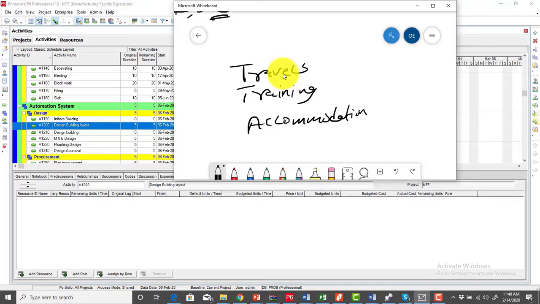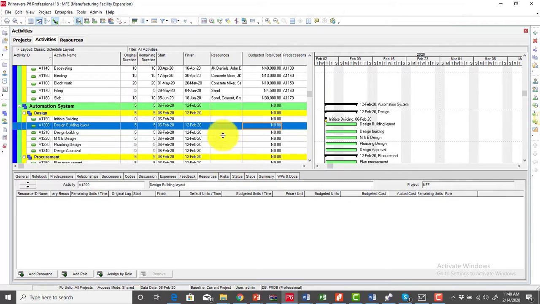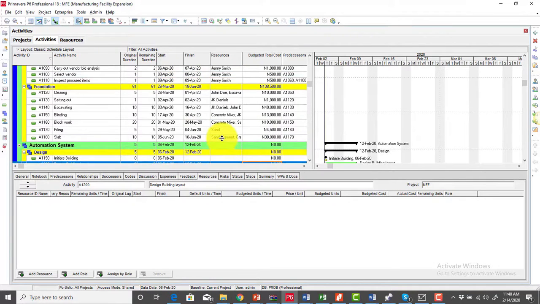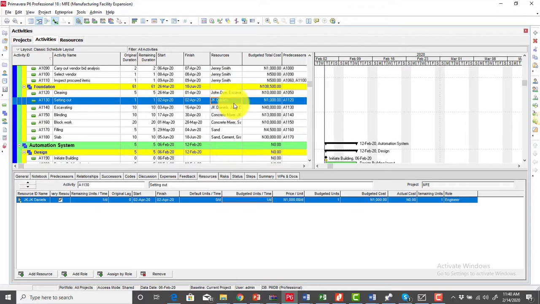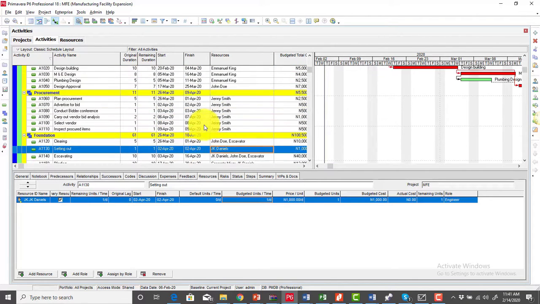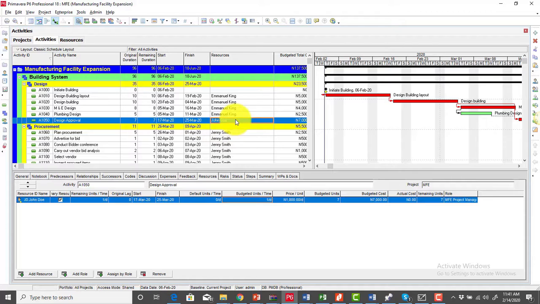Let's say you have a resource person whom you put in a hotel room for some days. All of these form part of what we refer to as your expenses. So expenses can also be assigned to specific activities, just like we can also assign resources to them. Let's assume that our engineer, for example, anytime he comes, we need to pay for his travel. Or better still, the project manager, who is John Doe, anytime he is coming, we need to pay for his travels. So if that's the case, that means in addition to this, we're also going to be apportioning